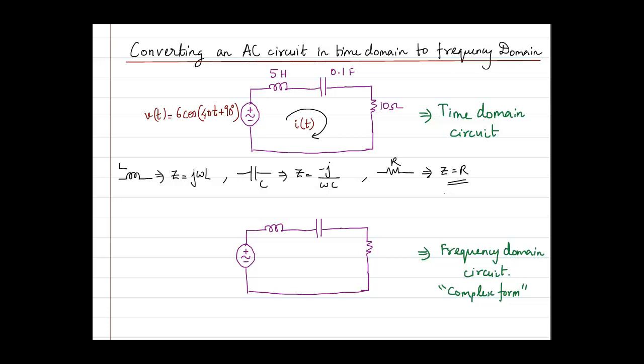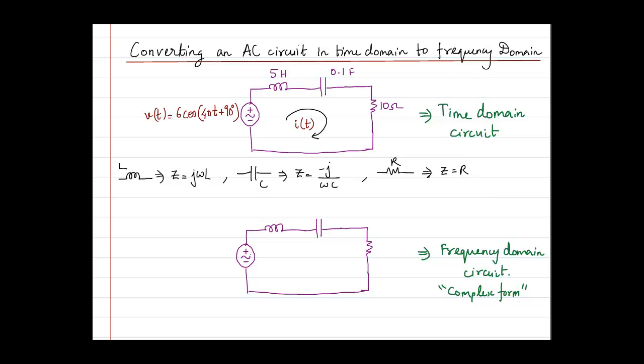So whenever you have a negative imaginary value, you can straight away reach the conclusion that it is a capacitor effect. There is some capacitor. Similarly, if you have a positive imaginary value, you can always conclude that there is an inductor there. Similarly, if you have only real value, you can conclude that it is some resistive circuit. Some resistor is there.